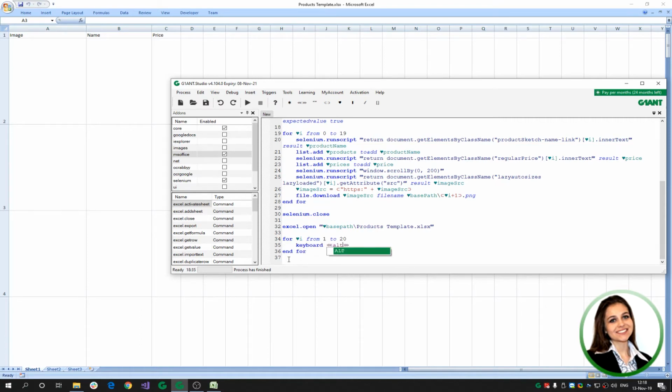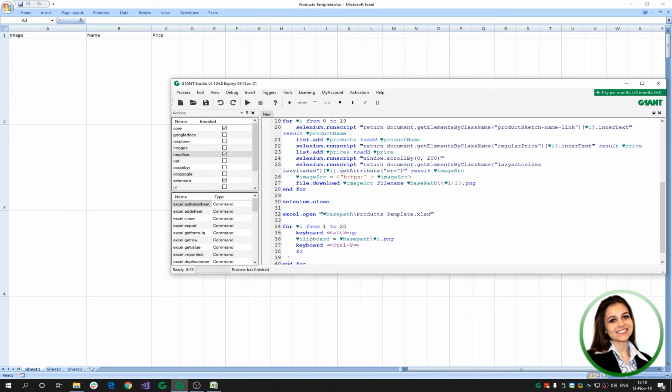We want to press Alt key, then N, then P, and we want to specify the value of the clipboard to be base path i.png, then keyboard Ctrl+V,